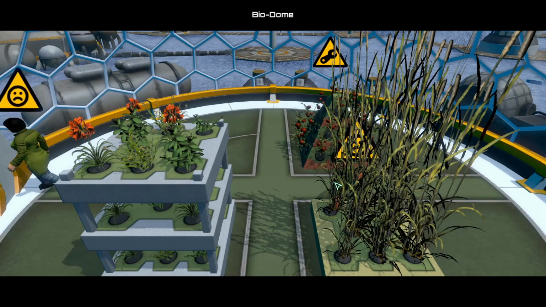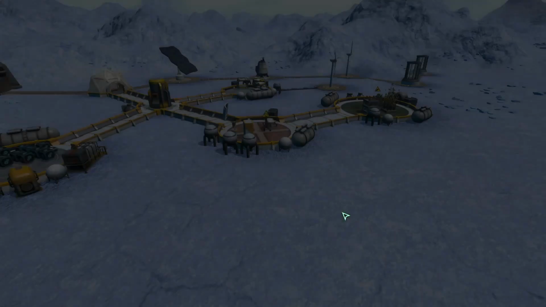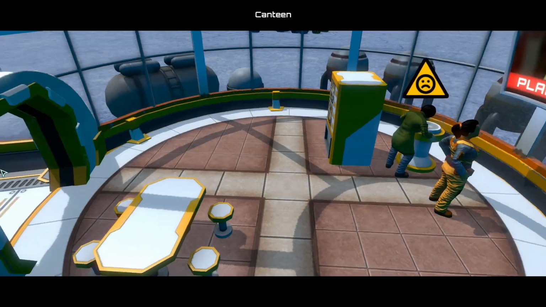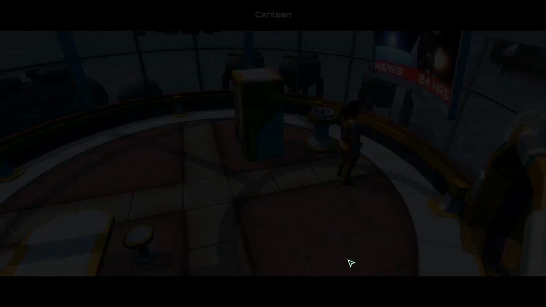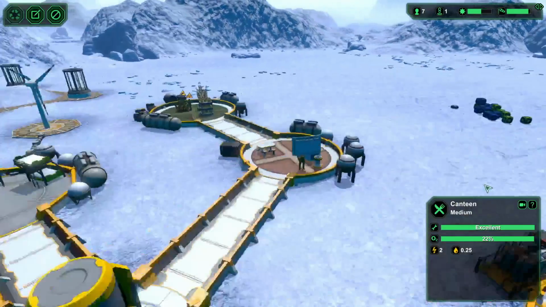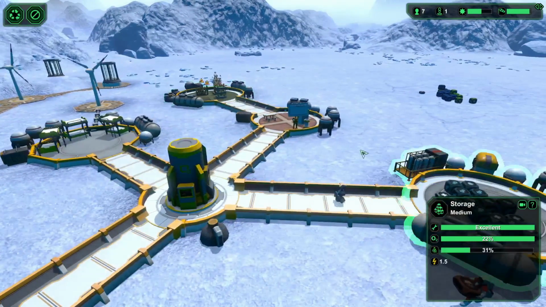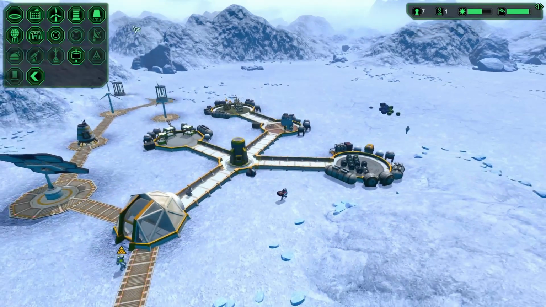Anyway, so here you can see what's going on in the biodome. You can click on any of these and see what they're up to. You can move your camera around, look around. Again, sorry about the tearing. I tried changing the settings, it didn't help, so it's there. Alright, so we have food, storage. So the next good idea to get would be